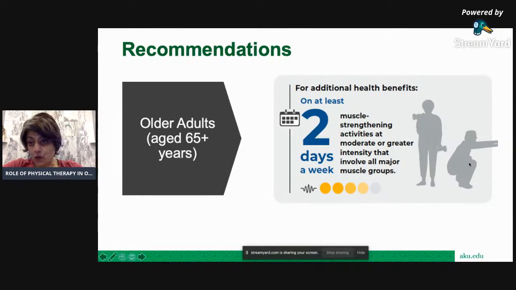So I mentioned the squats, one of my favorite ones. I usually get them to hold weights or wear a backpack, okay? And that increases the use of all the major muscle groups. So I like doing assisted push-ups,